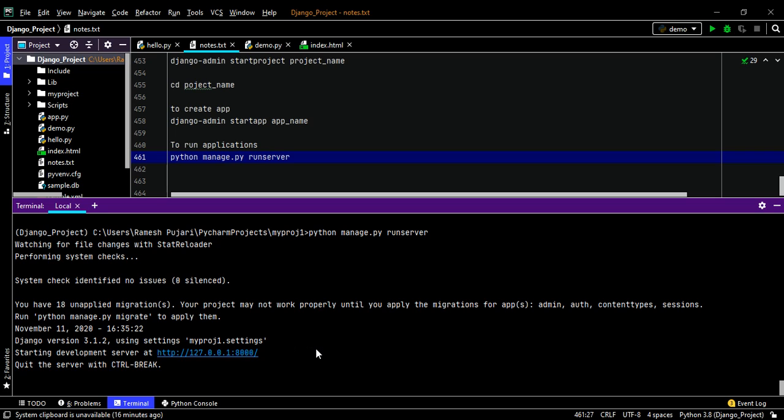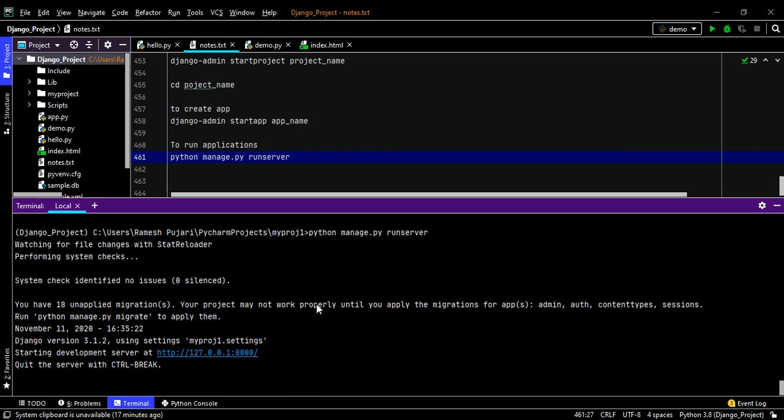When you click on this link, it will open in the next window, in the Chrome browser. If this is generated, it shows that the server is running successfully.